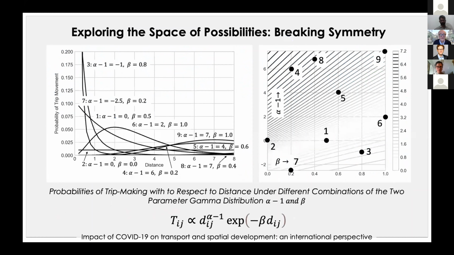Essentially what we then do is build a new distribution function, a gamma function, which enables us to adjust the function and rerun from our lockdown situation and let people respond according to these different curves. We argue that these different curves represent really different preferences for living near and living far. Those of you who are familiar with the gamma function will know that the two parameters control that effect.